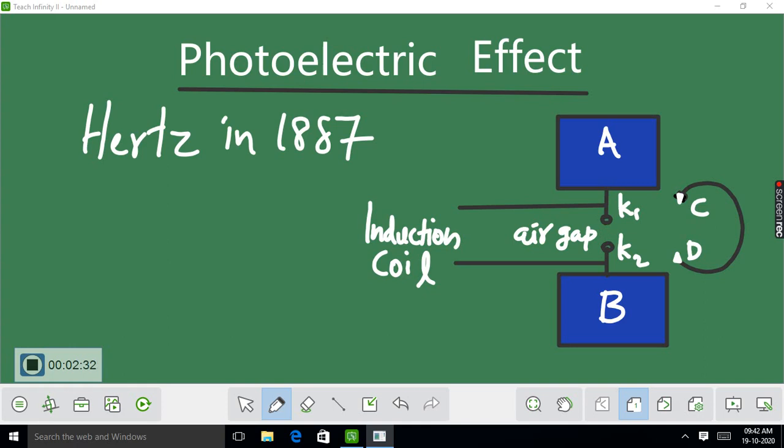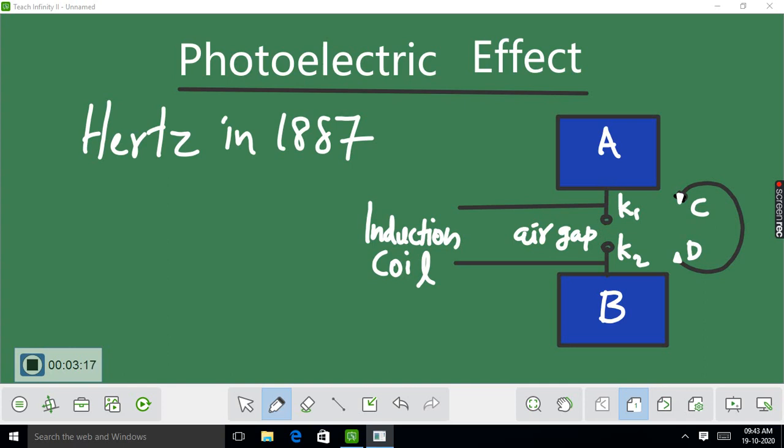While doing this experiment, Hertz noticed that the sparks in between the knobs K1 and K2 occurred more steadily when ultraviolet light was directed at one of the metal poles. When ultraviolet light was incident on the metal knob K1 or K2, the discharge, the spark in between K1 and K2, becomes more steady,